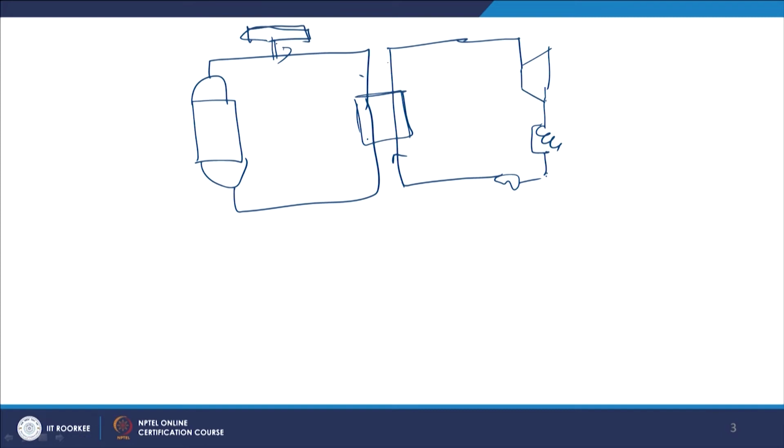The pressurizer is sometimes electrically heated to maintain the high pressure in the reactor, so that steam does not form. And this turbine shaft is connected to a generator to develop the power. This is the feed pump, this is the condenser, this is the turbine. So, there are two circuits, primary circuit and secondary circuit, as I explained earlier, and the generation of steam takes place in the heat exchanger, and this steam runs the steam turbine.